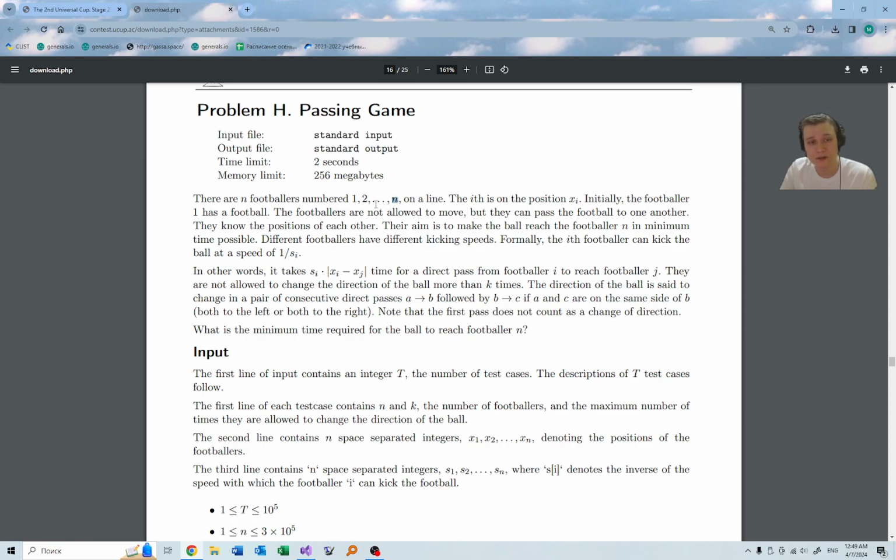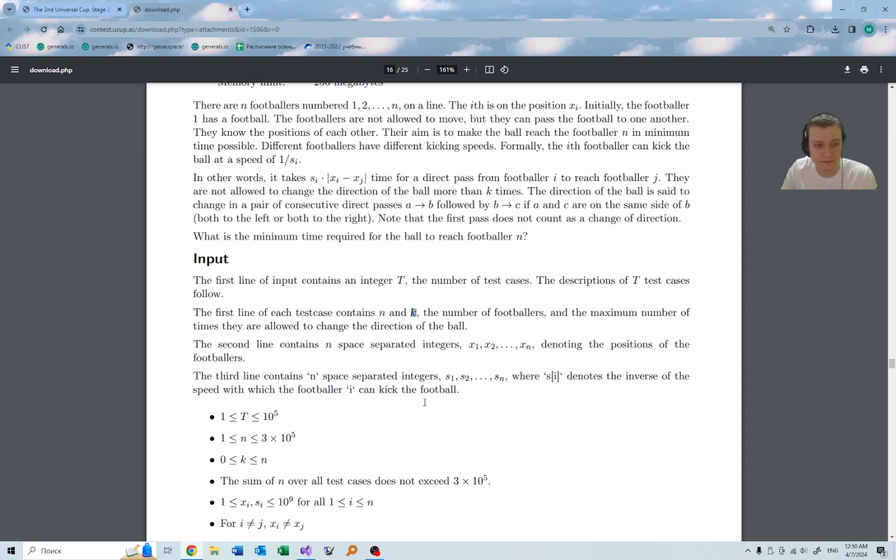However, it's not allowed to make more than k changes of direction. So the ball changes its direction if it moves to the left, stops at some person, then moves to the right, or vice versa. This means that the ball changed direction. The number of changes should be at most k. So this is the formulation, and to solve that,